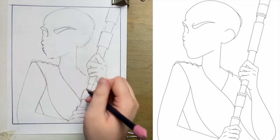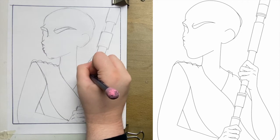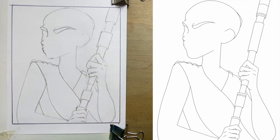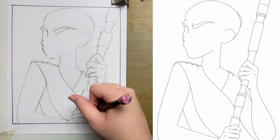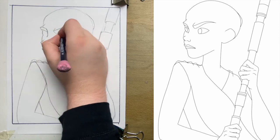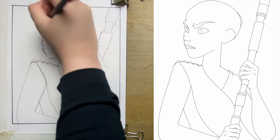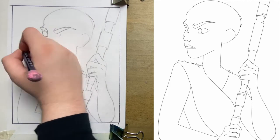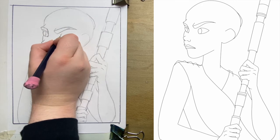These just pull down a little bit into her shoulder so it looks like the wrinkles are coming down and kind of wrapping around her body. There we go. Next we've got the face. So I'm going to start with that big eye. It's pretty tricky. Set up our little side eye first, then using that as a guide,